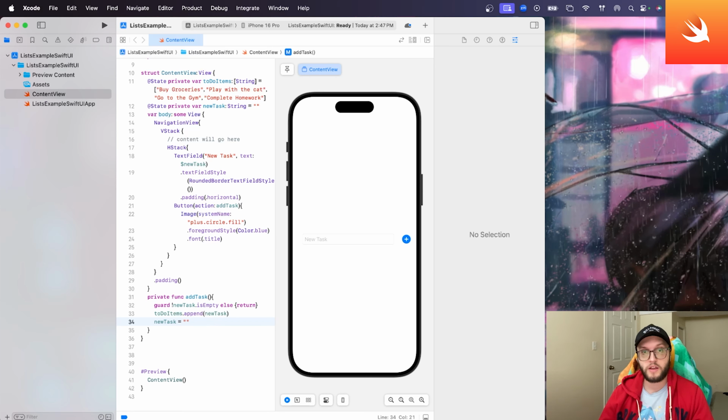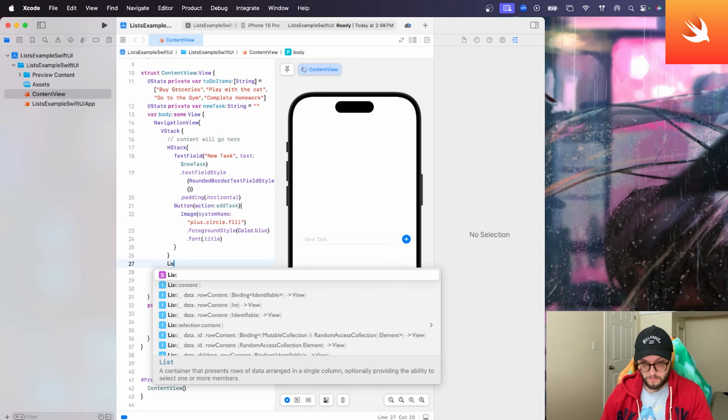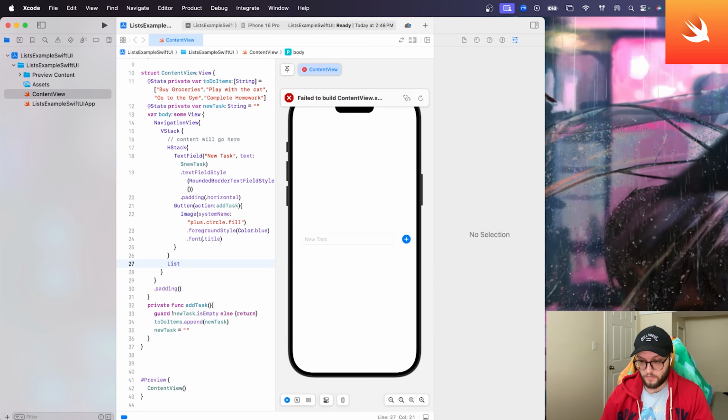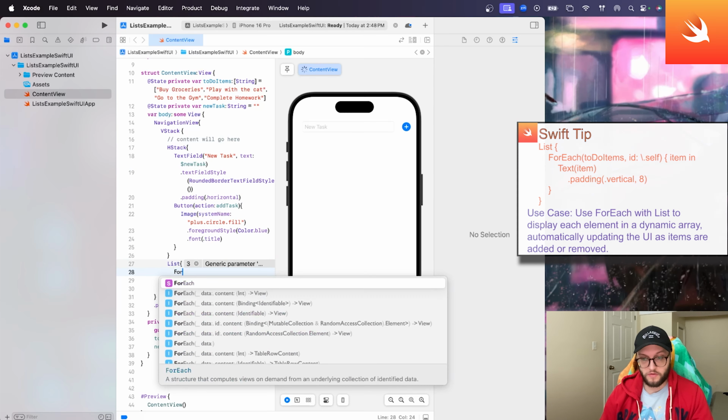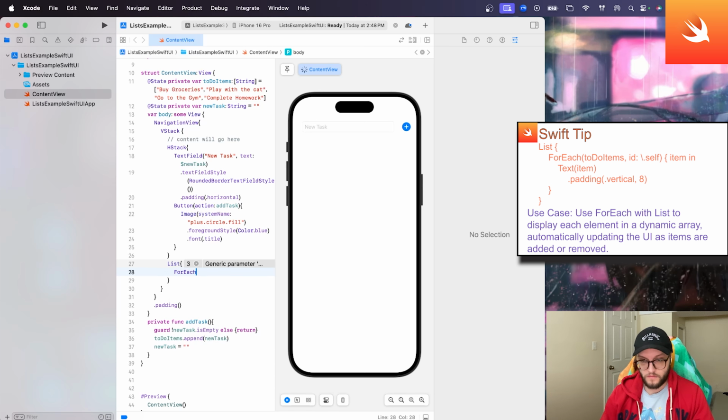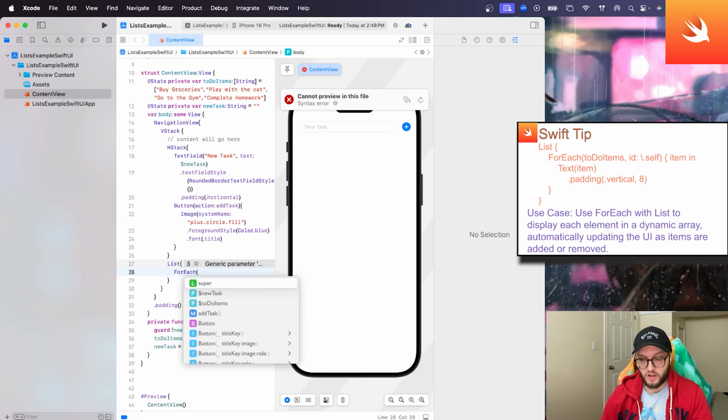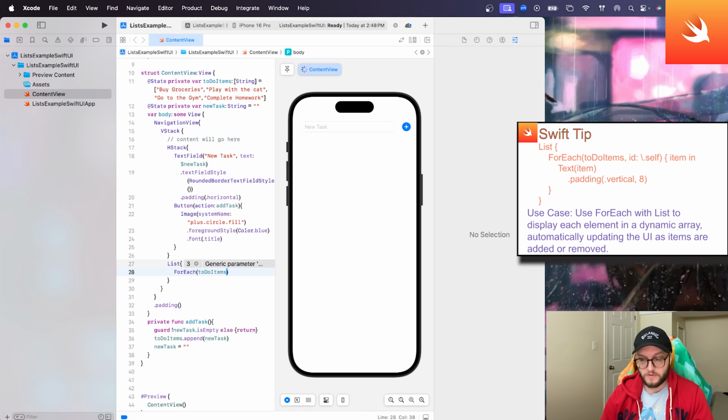Now let's display our tasks in a list so users can view each item in the to-do list. So what we're going to do is we're just going to add a list here. So let's go ahead and exit our HStack here, and we're going to type list, add a brace, and we're going to say ForEach. We're going to add a bracket here, and we're going to say todoItems, and a comma, and then we're going to say id: